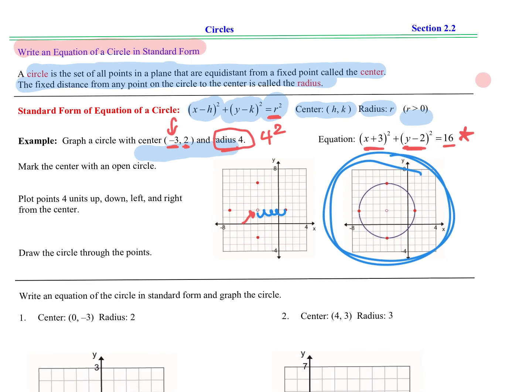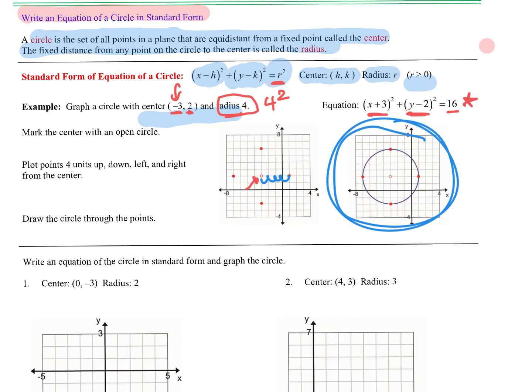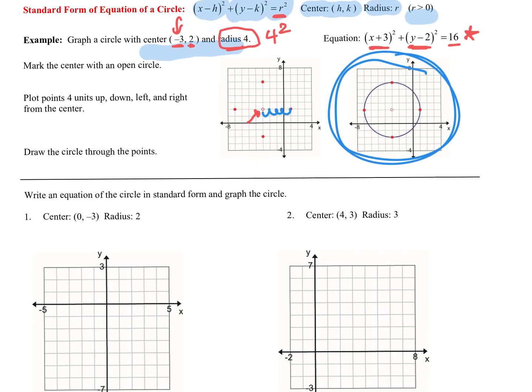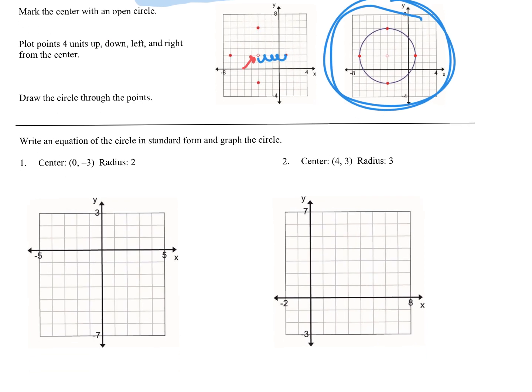All right, so let's get into some problems that we'll do together. The first is going to be writing the equation and also graphing. The center of the circle given is (0, -3) with a radius of 2. First, we're going to write the equation. That's an objective in itself. So the equation in standard form